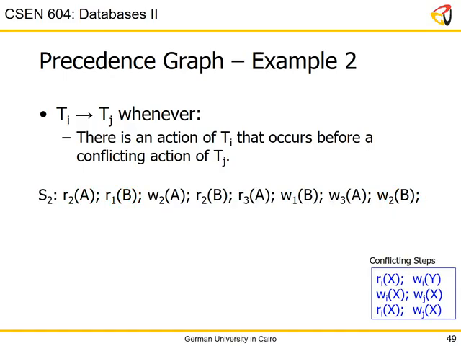Since I didn't find a cycle, the schedule we were just looking at in the previous slide is great. It's actually conflict serializable. Let me be more accurate: it's a conflict equivalent serializable schedule, and it is equivalent to T1 followed by T2 followed by T3. The final output on the